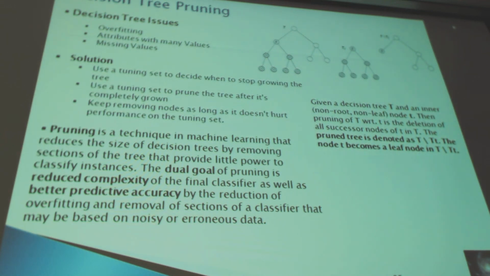The mapper sends the partial stats, the partial values, to the reducer, which then calculates the entropy and information gain and gives the feedback of the best values to the master. The master will always decide which attribute to pick for the split for the next level.